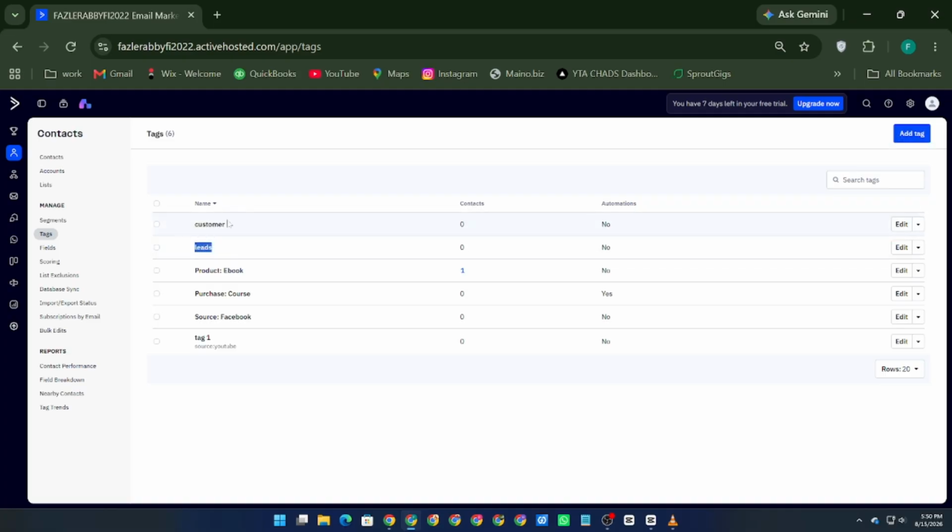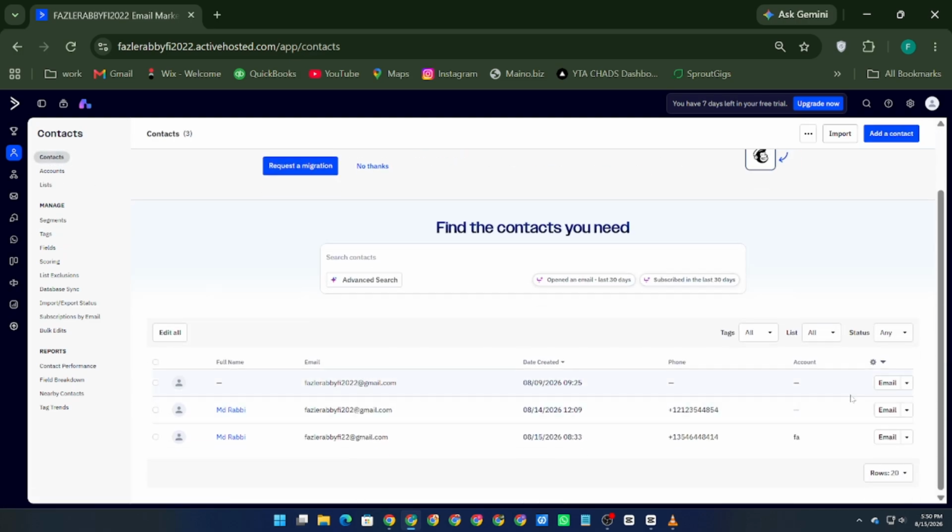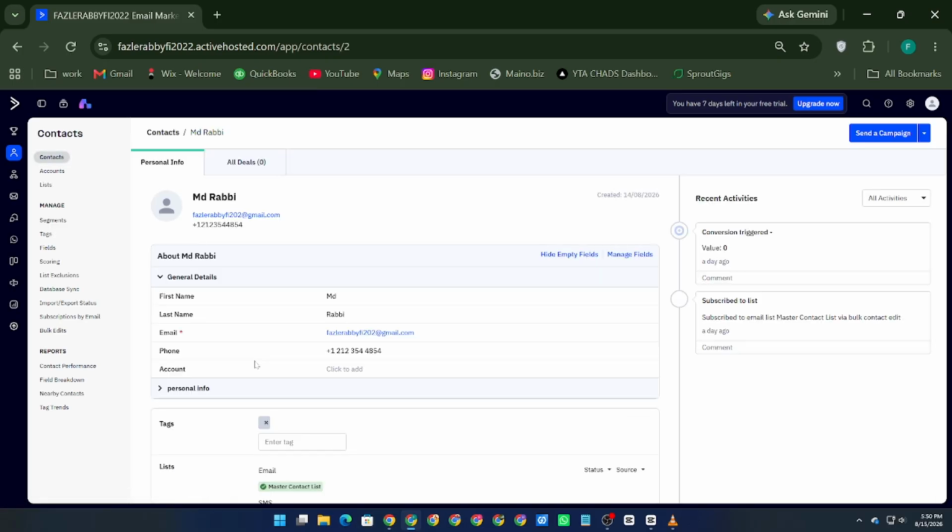There are also other ways to create tags. You can open an individual contact profile, find the Tags section, type a new tag name, and press Enter. You can also create a tag directly inside an automation by adding the Add a Tag action and entering your